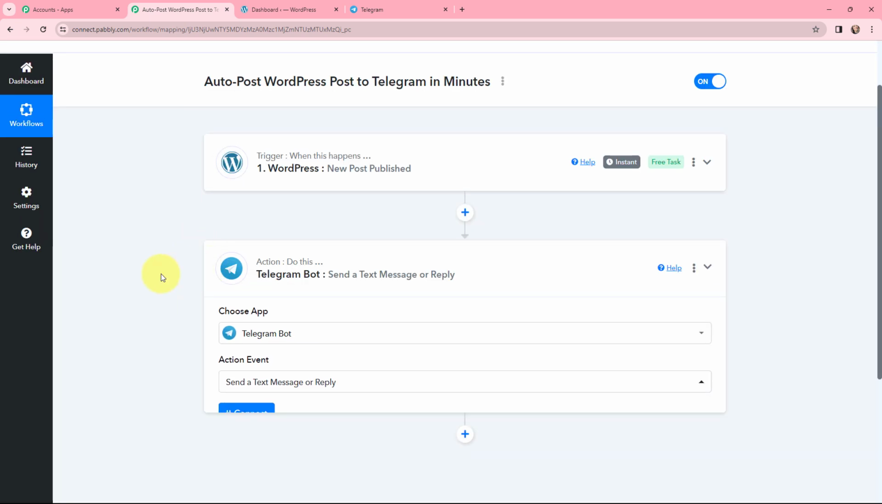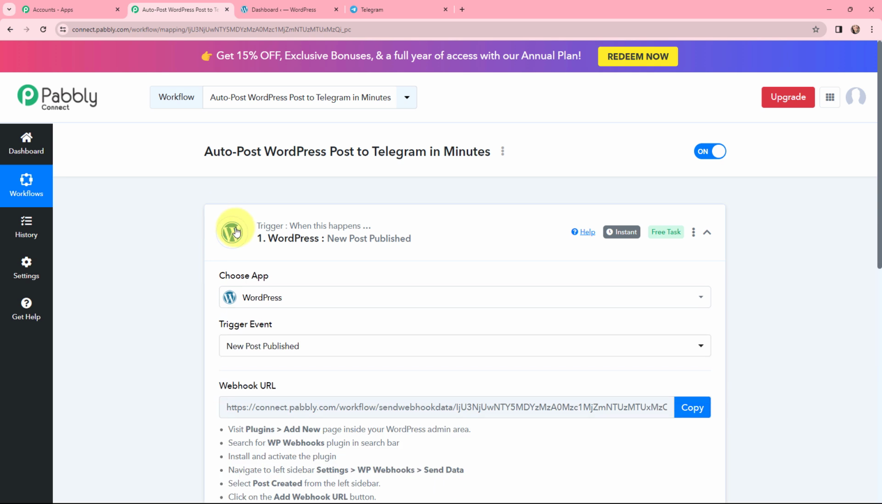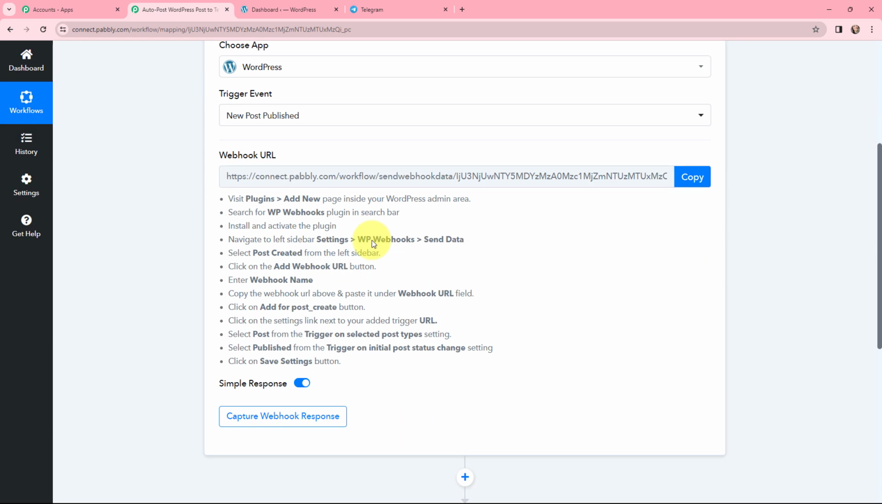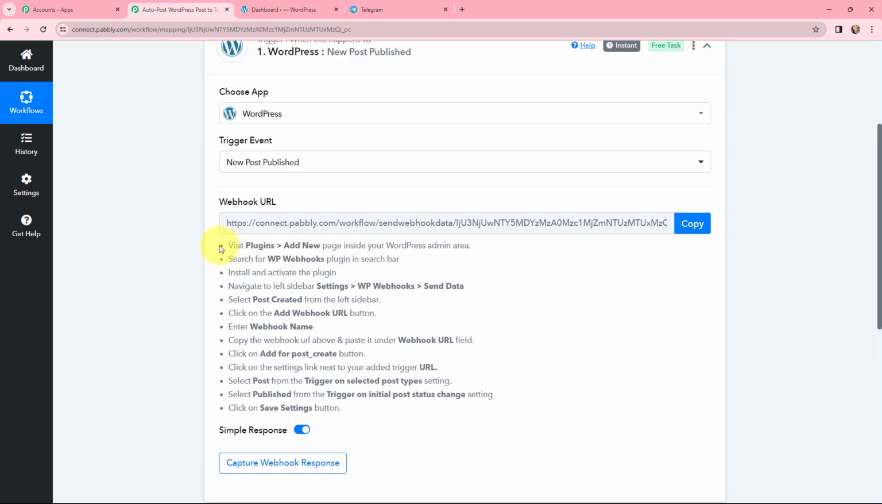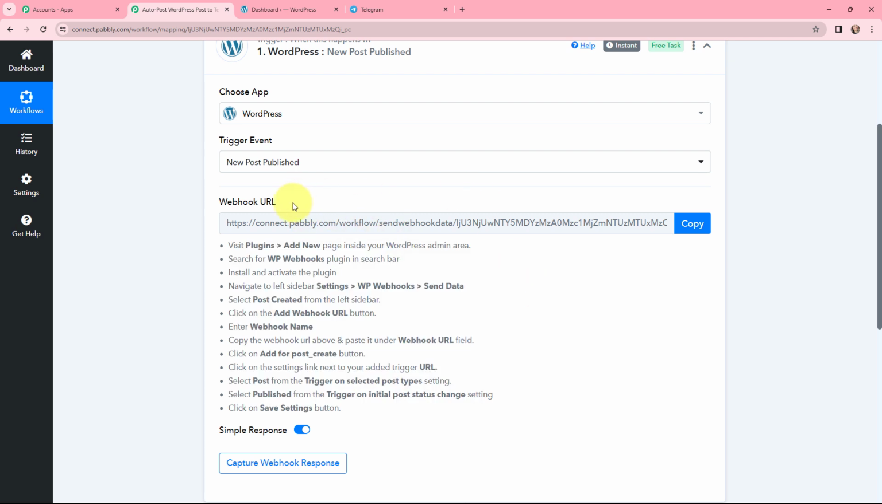So here you can see that I've selected my action application and the action event along with my trigger application and the trigger event. So here my objective is to auto post WordPress post to Telegram in minutes. So now in order to do that, firstly, I need to establish a connection between WordPress and Pabbly Connect. So to do that, here a webhook URL is given, and along with that a help desk is given. So read this help desk given below carefully, because this webhook URL will help you to connect your WordPress account